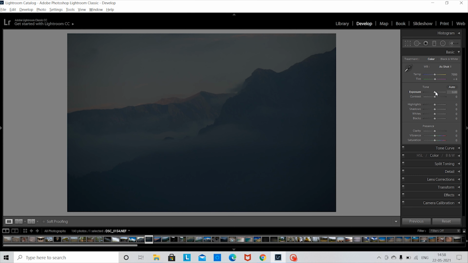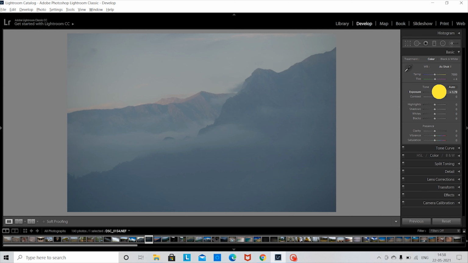As the photo is highly underexposed, I will increase the exposure of this photograph, and that's fine as of now, and we'll also add contrast to it. You can always come back and make some edits in the exposure and contrast as and when required. As of now it's proper, we'll keep it this way and move ahead with the other edits.